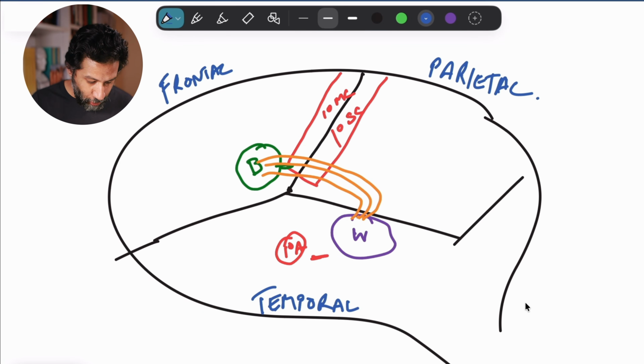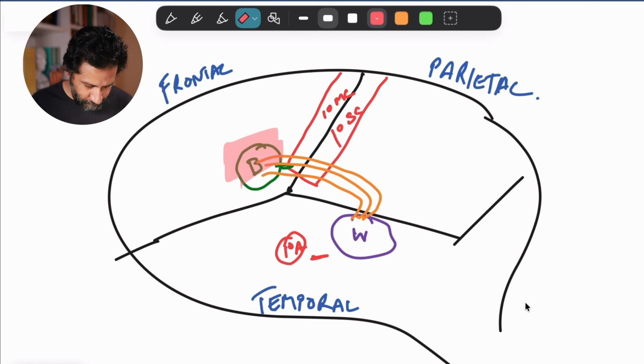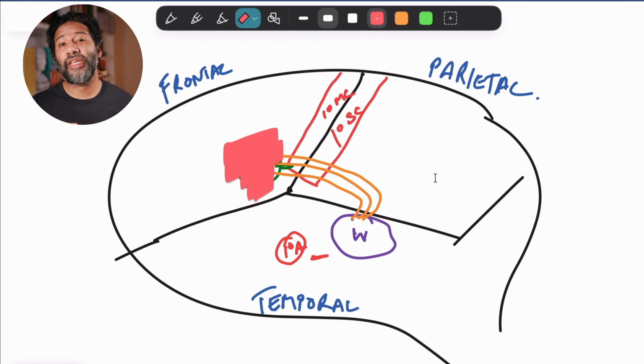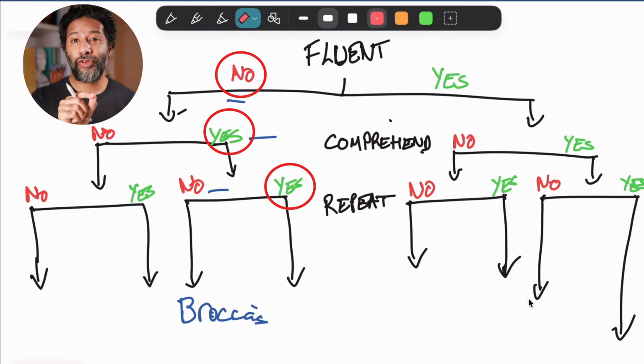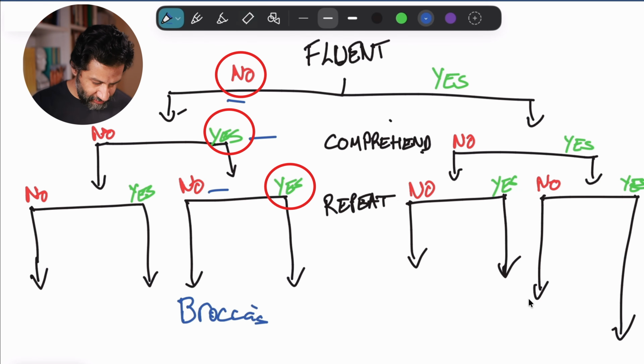And like we spoke about, this is a lesion in Broca's area. This is a lesion in the inferior aspect of the frontal lobe on the dominant side. Now, what if that same patient, non-fluent, comprehension is intact, but this time they can repeat? If we go down the same algorithm here: not fluent, yes, can comprehend, but they can repeat,